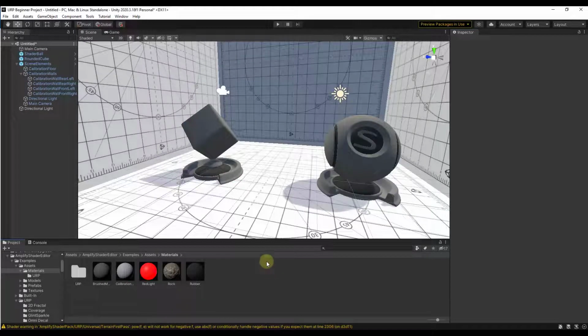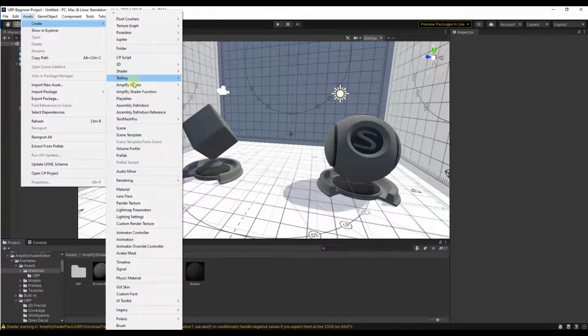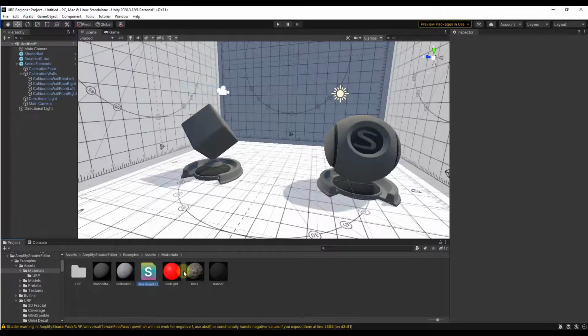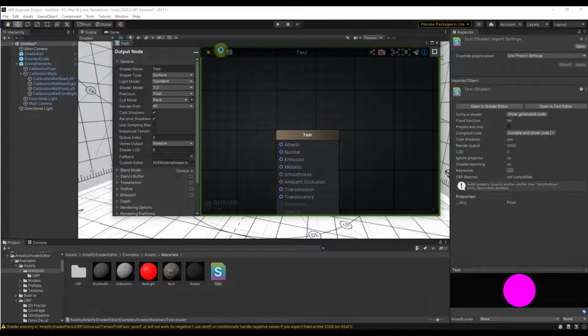The way that you're going to do this is you're going to start by going into Assets, Create, and you want to select the option for Amplify Shader. And we're going to select the option for Surface in this case. And we'll just call this Test for right now. And so notice how when we call this Test and label it, this pops up the Amplify Shader node